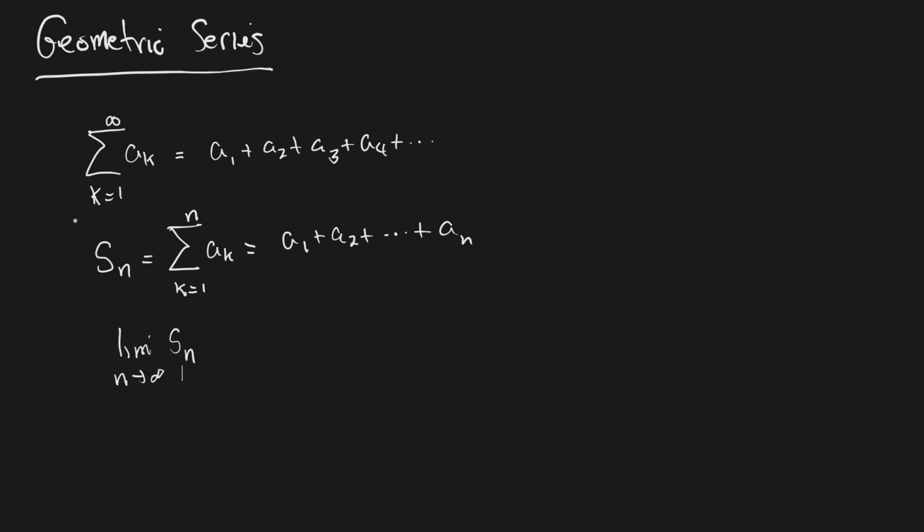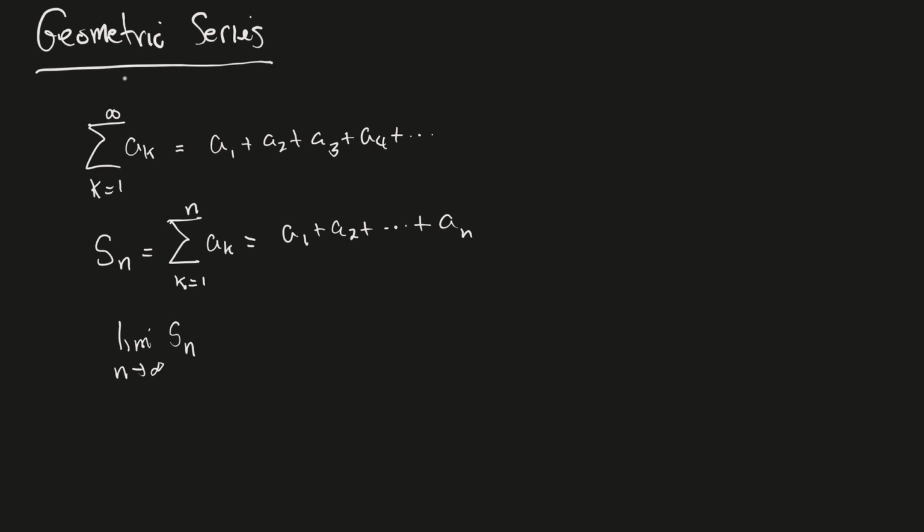So what we're going to do is give the definition of a geometric series, figure out a way to find its nth partial sum, and then see what happens when we take the limit of that. See if we can get any nice results, any theory that will enable us to analyze these series quite effectively. All right, so let's go ahead and do that. First, we need to know what a geometric series is. So a geometric series